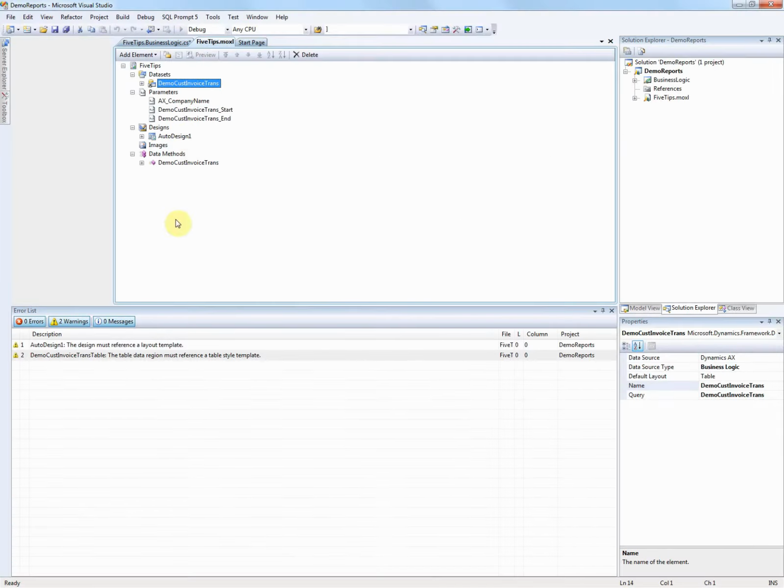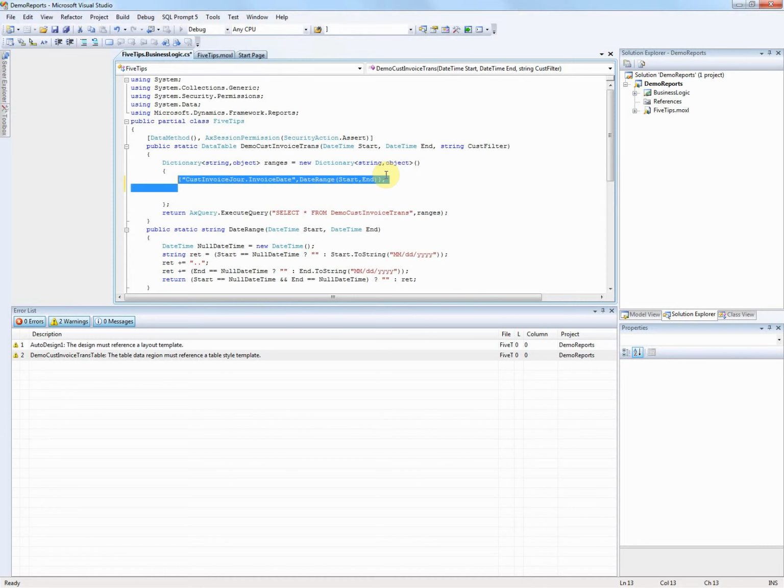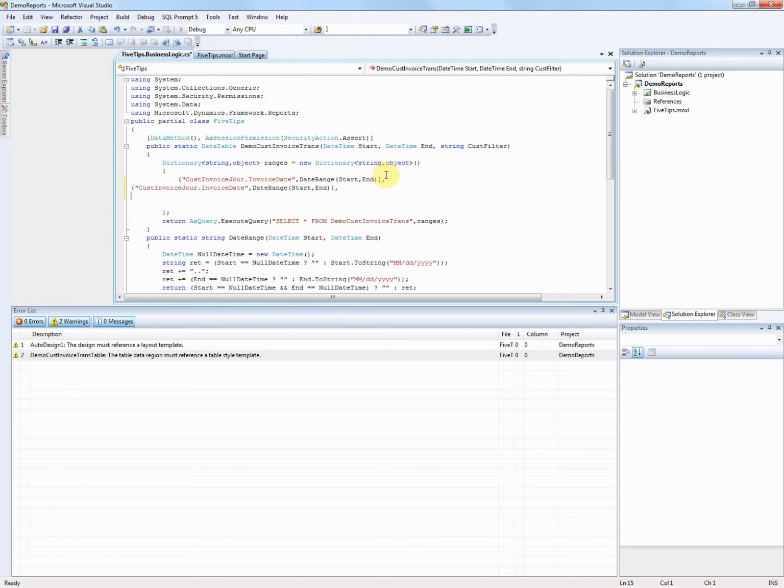So to start off with, we're going to imagine a filtering scenario where we want to filter on the customer, right? So we have our cust invoice trans data. We're already filtering on the start and end date with the date range. And now we want to add a filter for a customer. So we're just going to add this string cust filter here as a parameter of the data method. You'll see I've already added that there. And then we are going to add that